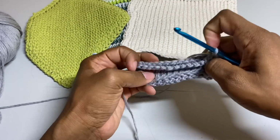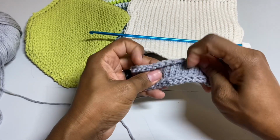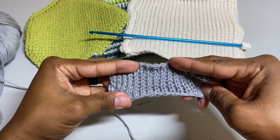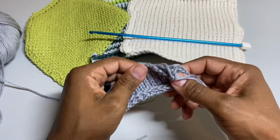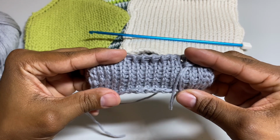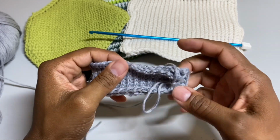All right, so you should be at the end of your project as long as you want to make it, and it should be looking like knitting, really. So I just made a small little swatch, and this is what it's looking like. And as you can see, it curls. We're going to get to that here in a minute, but I'm going to show you now how to finish